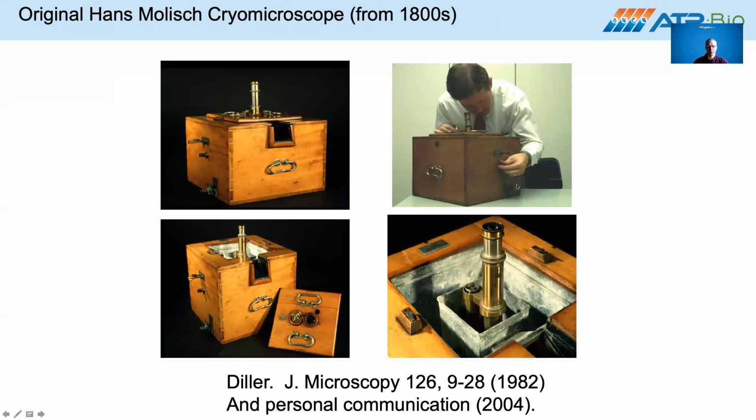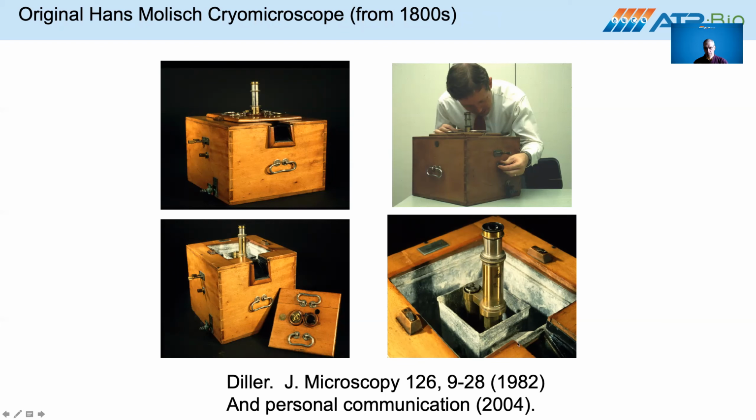So this has been studied since back in the 1800s, and this is Ken Diller. He's a faculty at the University of Texas at Austin, who's famous for doing one of the very first cryomicroscopes that was microprocessor controlled. And he's also a history buff in cryobiology, and he's published a number of papers on Hans Mollisch's work and others, early cryobiologists. So what you see here is an example of Mollisch's cryomicroscope,